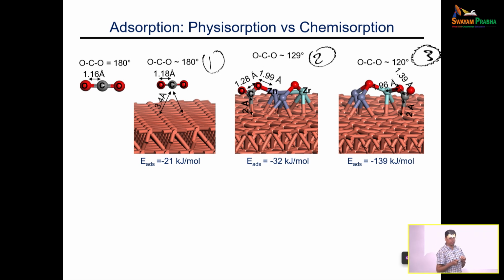CO2, like I said, originally is a linear molecule. That's what you see here. Look at this particular case. The linearity is almost maintained. There is a small change in the bond distance. It is not substantial. The distance from the surface is also shown. That is 3.5 angstrom. For those of you not familiar with angstrom, that is 10 to the power minus 10